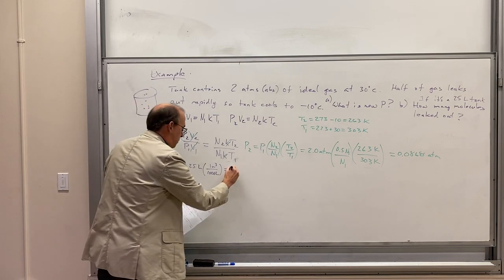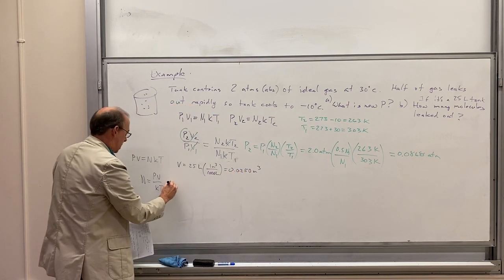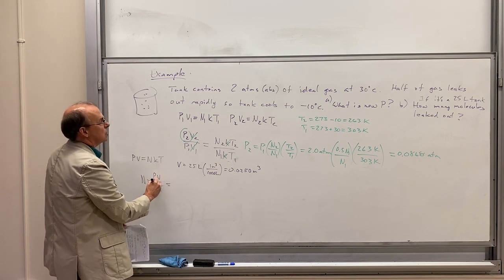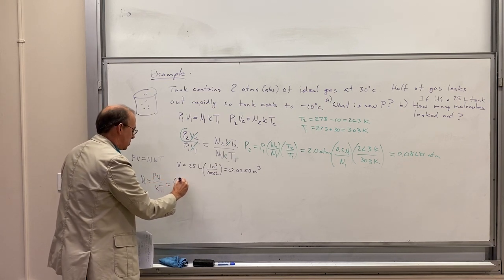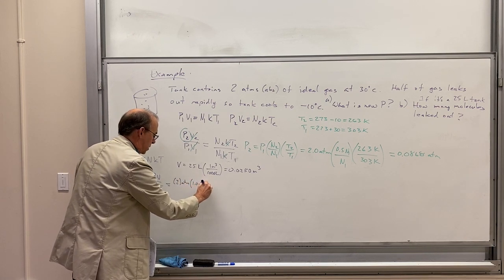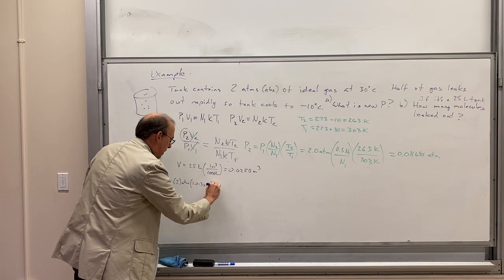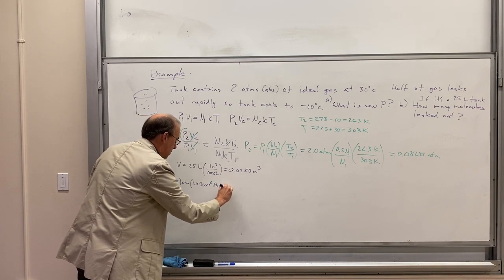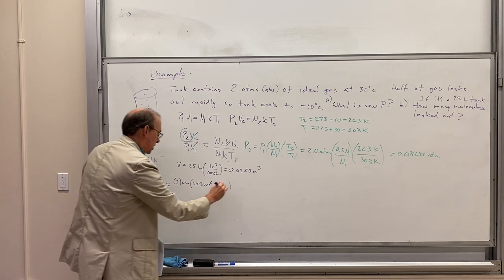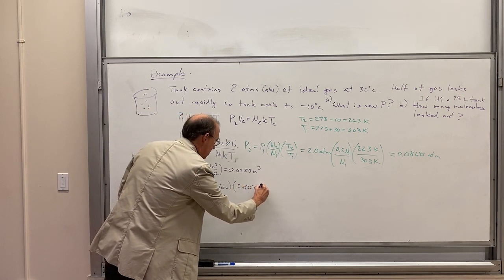So that's 0.0250 cubic meters. And this becomes pressure, 2 atmospheres times 1.013 times 10 to the 5th pascals per atmosphere, times the volume, 0.0250 cubic meters,